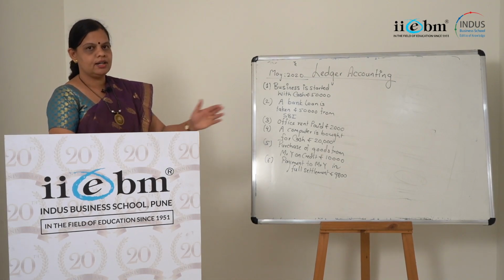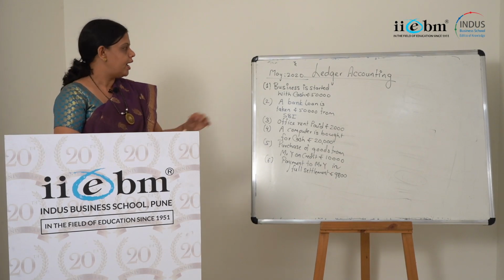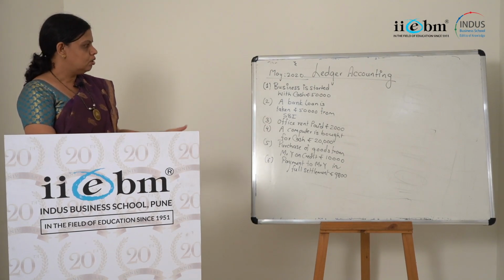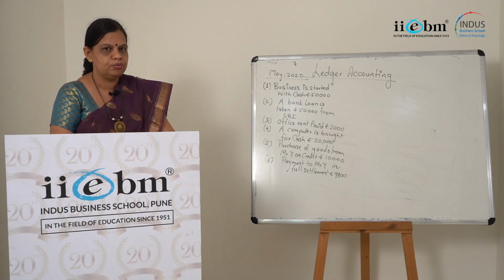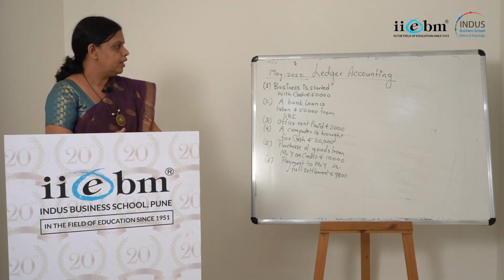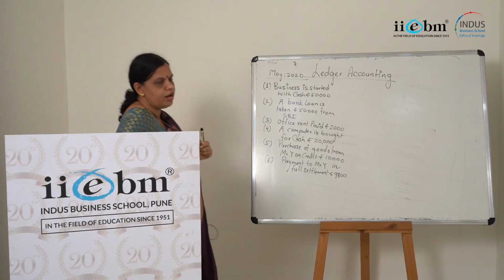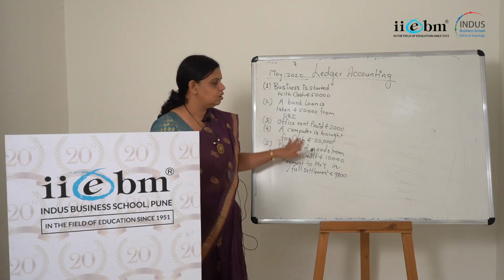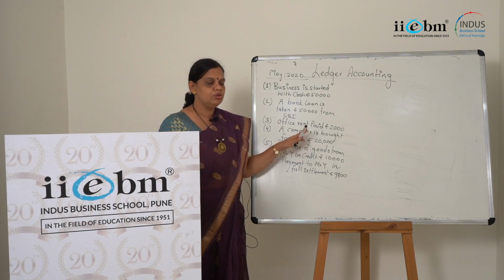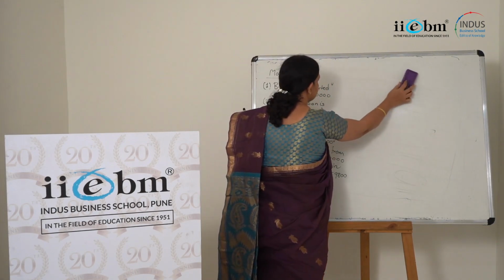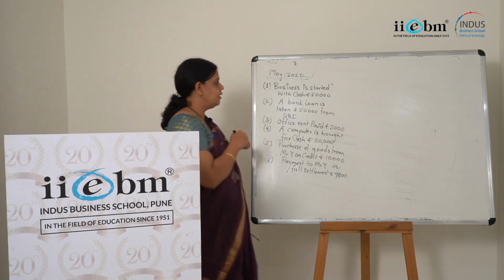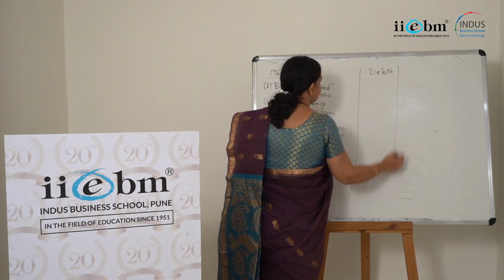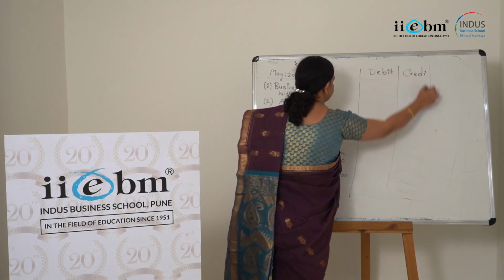I have to check how many ledger accounts I am supposed to open, because if the cash account is already there, then I will not open the cash ledger account once again, okay? So now the transactions are in front of you. I hope all of you have written them. Let me first identify the debit and credit part. I don't want you to write journal entries for these transactions, because the focus here is on making ledger accounts. I just want you to identify debit and credit correctly, so let's try this one by one.